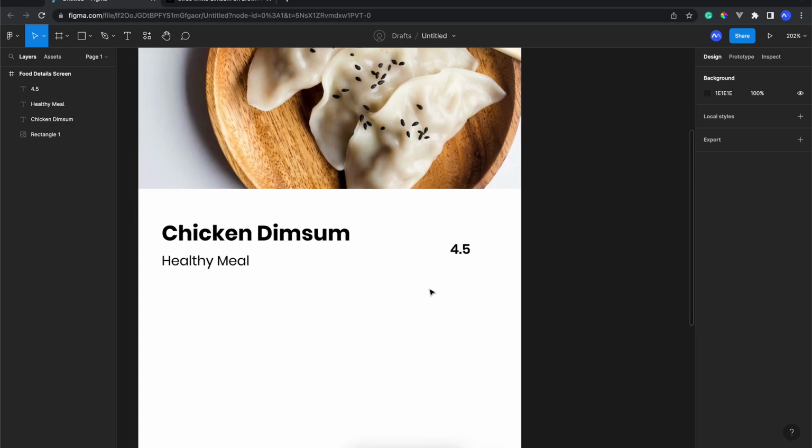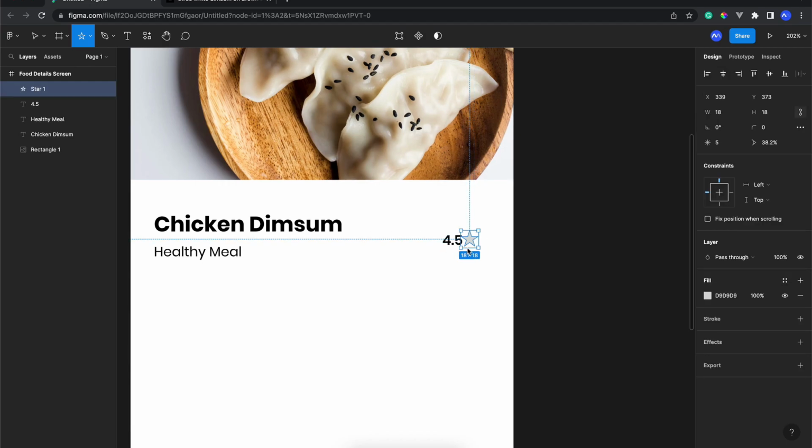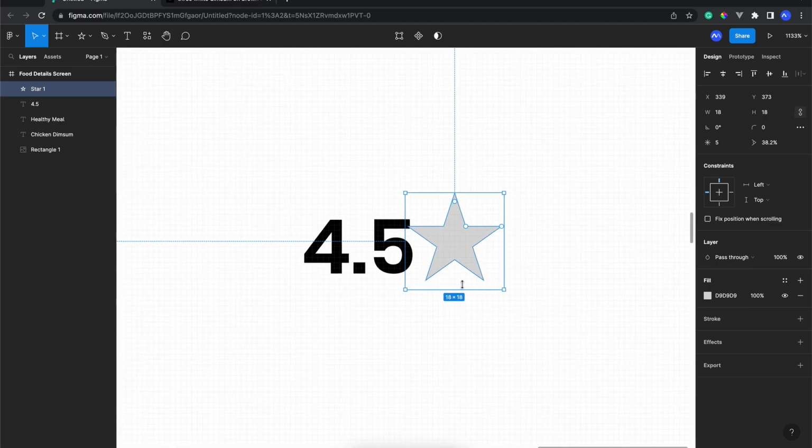So yeah, the next one we're gonna need this star icon. We just click here in the rectangle and you will see there is a little star, and just press and hold the shift key and you will get that star with the dimension like 18 and 18.